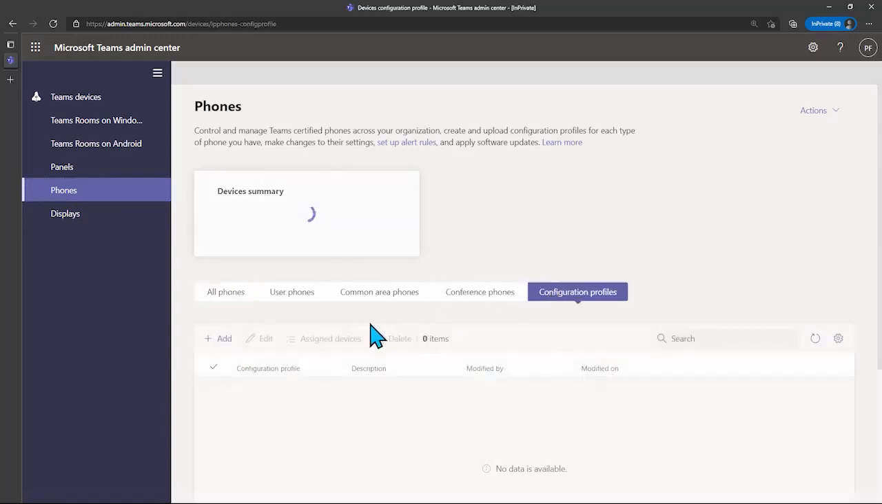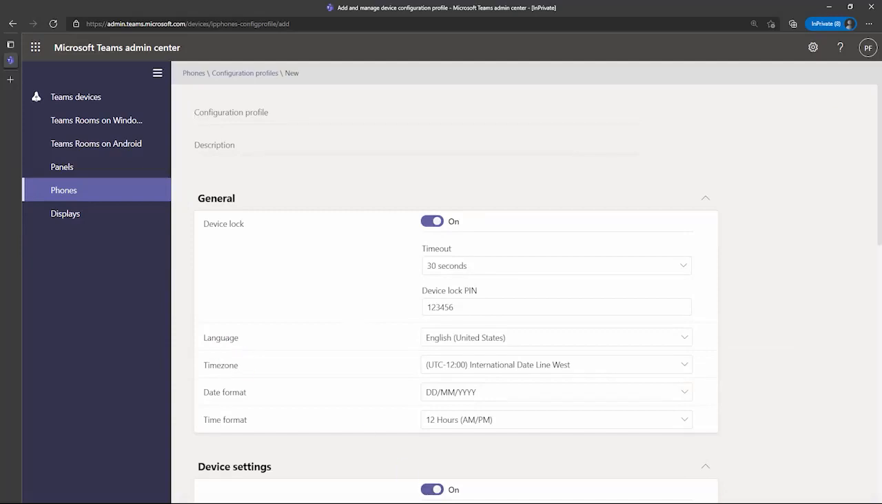So we're going to choose under devices IP phones. Signed in as Patty Fernandez now, the Teams device administrator. And configuration profiles tab, we'll choose add. We'll call this profile New York Teams desk phones. And we'll have settings like the device lock is on with a 30-second timeout. And we've got a 6-digit PIN,